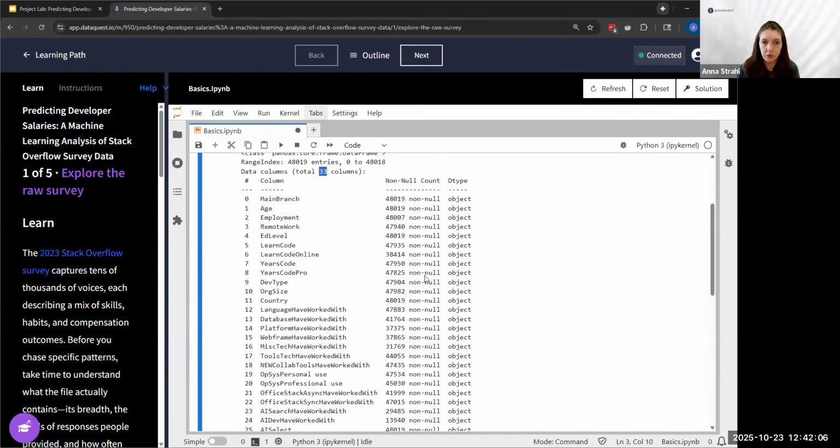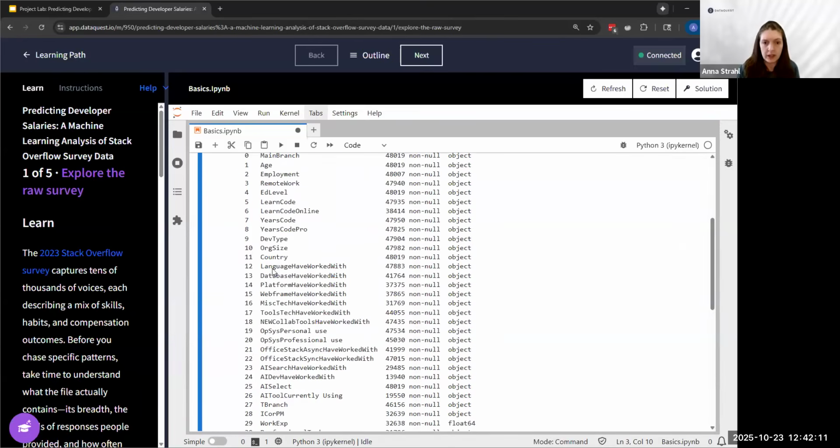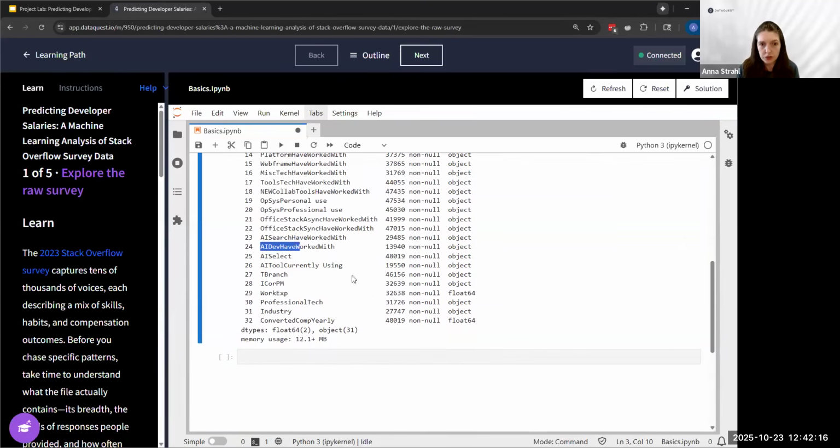There's main branch, age, employment, remote work, years of coding, what languages people have worked with, going down to AI tools that people have worked with, how much work experience they have, what professional technology, I think that's what that is, that they're using, what industry, and then our target variable is down here at the bottom, converted compensation yearly. So this is our salary. And converted comp yearly is normalized to US dollars.